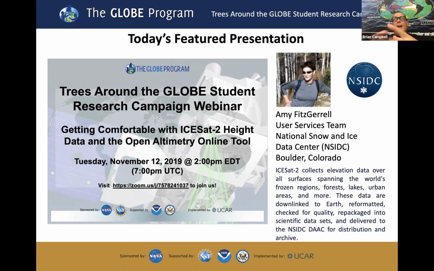And let me tell you why NSIDC, okay? As you know, ICESat-2 collects its elevation data from across the planet. This data comes from the satellite. It's downlinked to Earth, as you can see here. It's reformatted, checked for quality, repackaged into scientific data sets, and delivered to NSIDC, who then distributes and archives this ICESat-2 data, because there is a lot of data coming from this satellite. So NSIDC is great. They worked with us with ICESat-1, and there's a lot of other missions and campaigns that they work with. So, Amy will